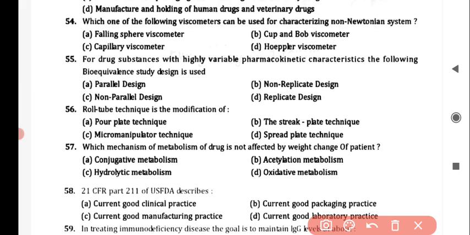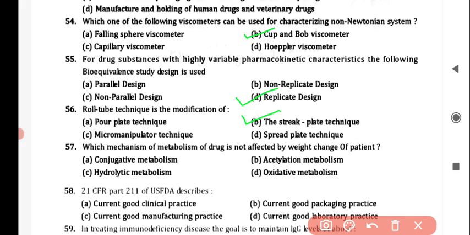Next question is, which one of the following viscometers can be used for characterizing non-Newtonian systems? And the correct answer is option B, cup and bob viscometer. Next question is, for drug substances with highly variable pharmacokinetics, the following bioequivalence study design is used. And the correct answer for this question is option D, replicate design. Next question is, roll tube technique is the modification of, and the correct answer is option B, the streak plate